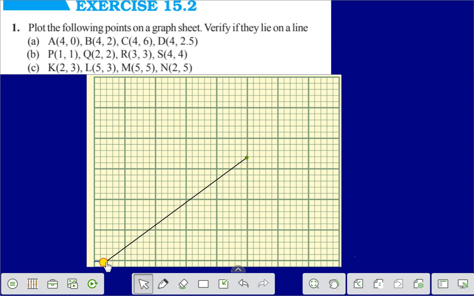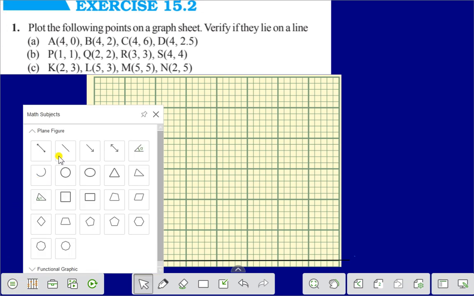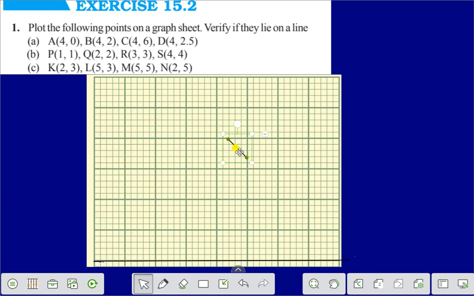This line we are taking. Let us take another line. Now, if we draw the coordinates,